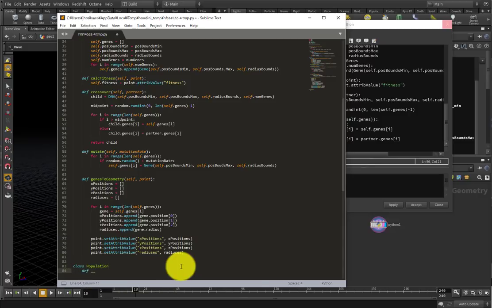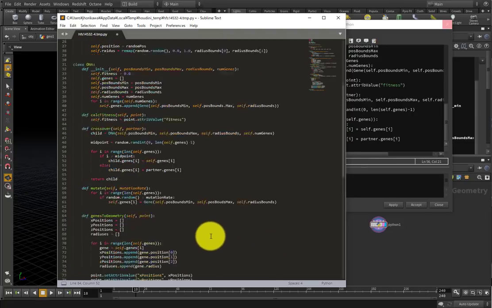So the definition, first the constructor, I need a mutation rate, number of genes, number of DNAs, and I'll name it OnGeo, but it means a geometry library, which is